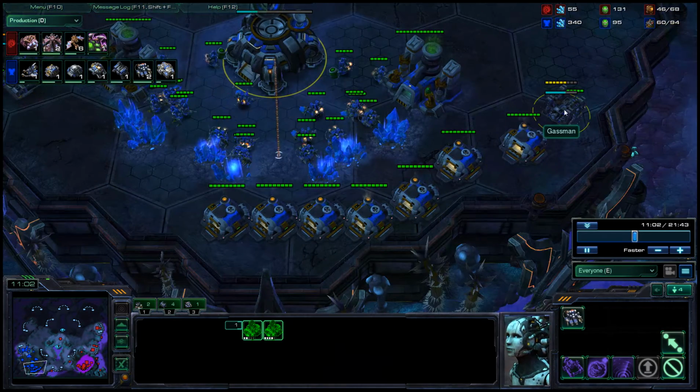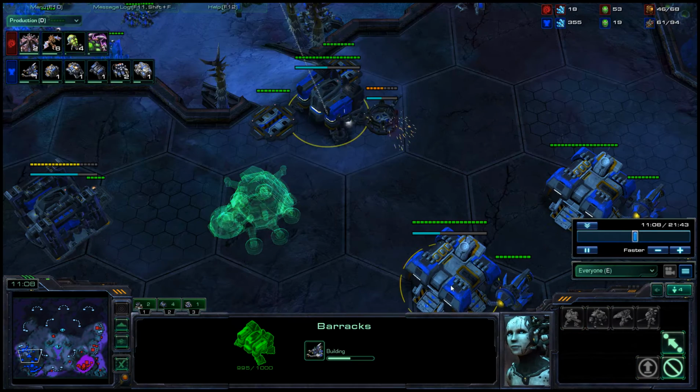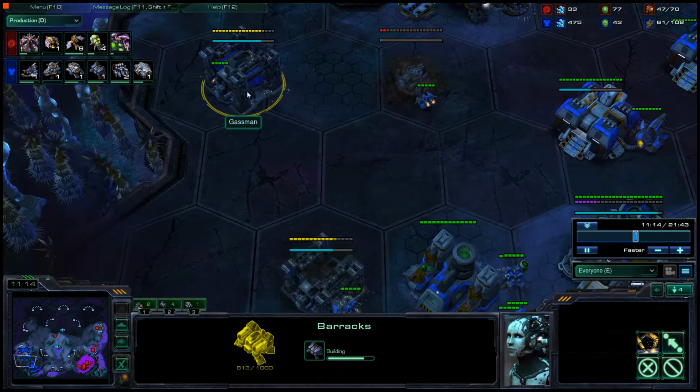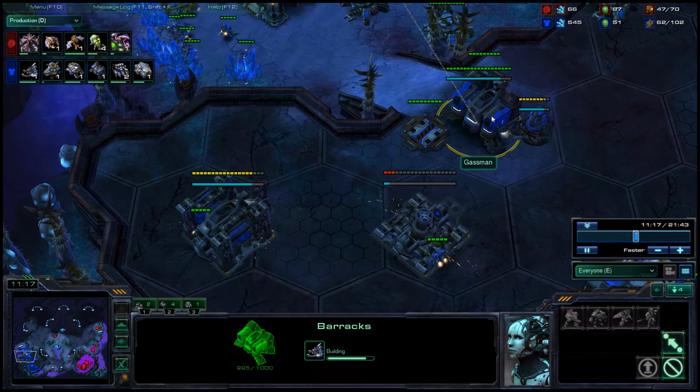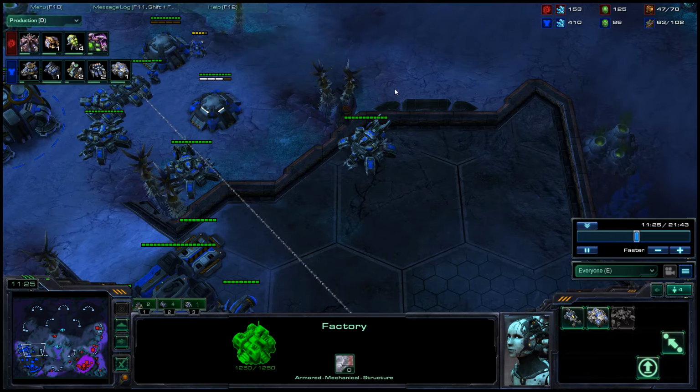As far as your macro goes, you're doing good. You're keeping up on supply depots and keeping up on worker production. You're spending a lot of your money, not necessarily all of it or anything, but you're doing okay in that regard. And now the transition from a tank push that was somewhat successful but didn't end the game is Thor